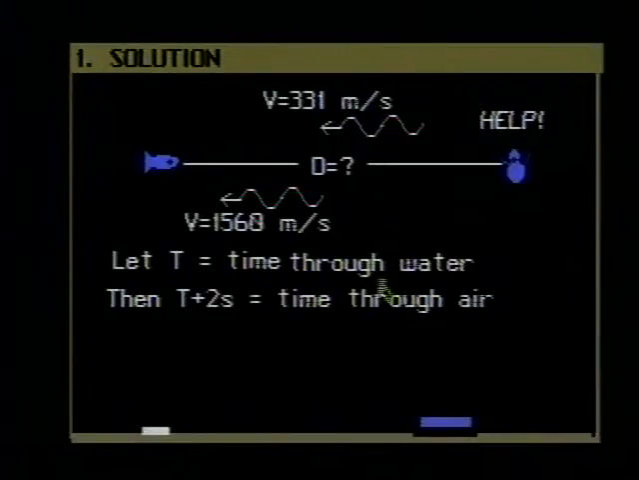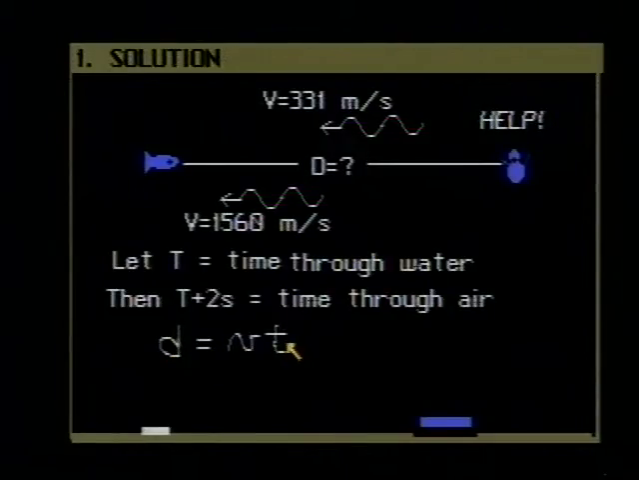Here is a figure in the data for our problem. If we let t be the time that it takes the sound to travel through the water from the man to the dolphin, then t plus 2 seconds would be the time that it takes the sound to travel through air. The dolphin is said to hear the sound 2 seconds later in air. The distance traveled at constant velocity can be expressed by the relationship that distance is equal to that constant velocity